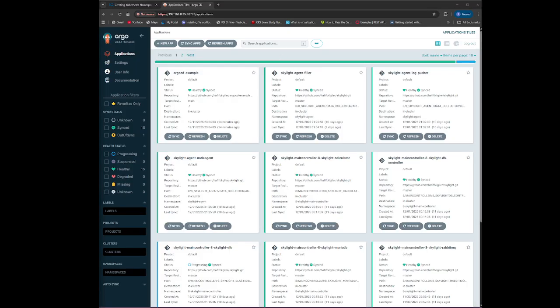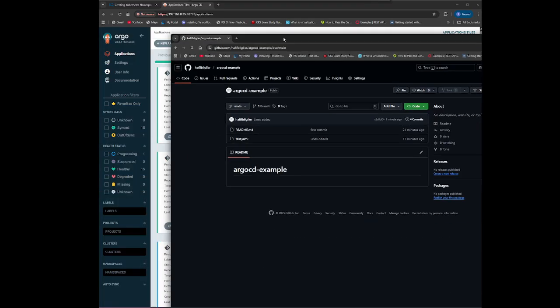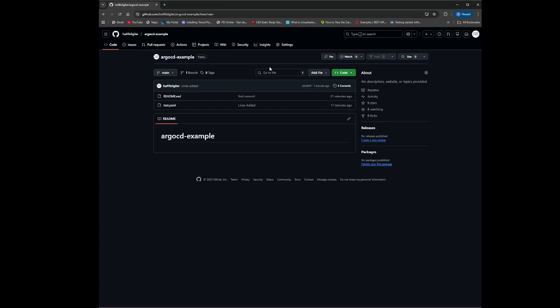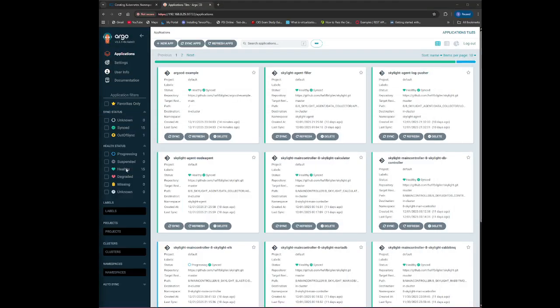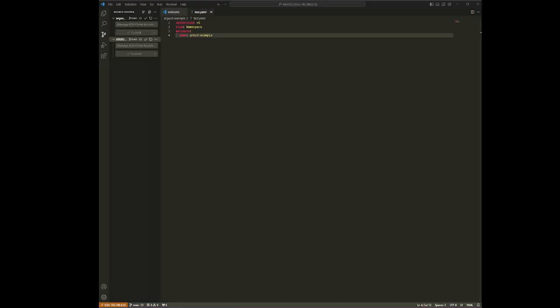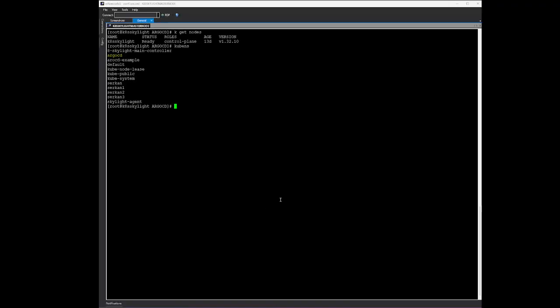Firstly, we have to create the GitHub repository to apply and create the resources on the Kubernetes cluster. I already created a public repository on my GitHub account, and the name is Argo CD-example. I also connected to my Visual Studio Code on my workstation.